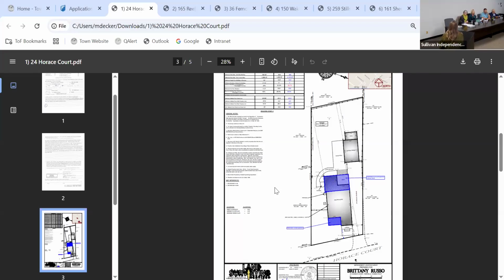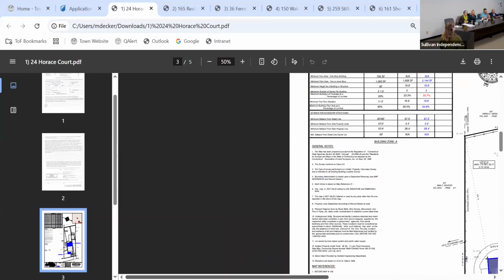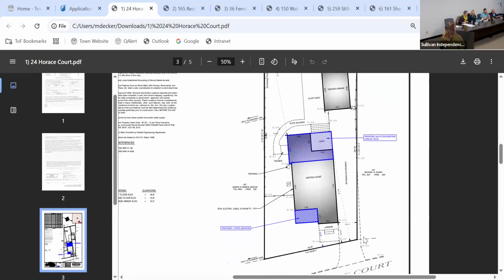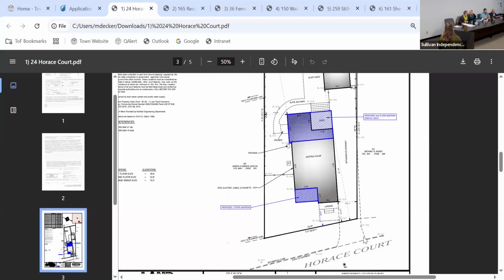Hi. So there's a note on your drawing, it says existing asphalt driveway to be removed. Is that a condition of your application? No. What is it saying will be removed? Existing asphalt driveway to be removed. No. That shouldn't be there. So it's not a condition. No, it's not. So it's just an error on the drawing? It must be, yeah, I didn't even notice that, to be honest.